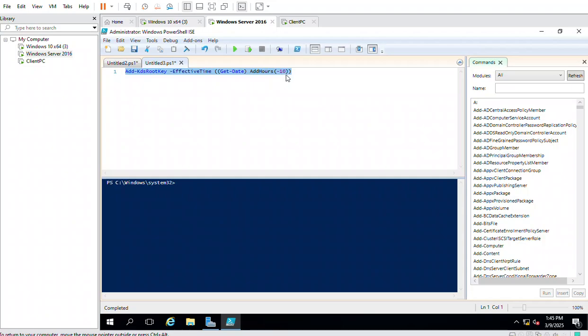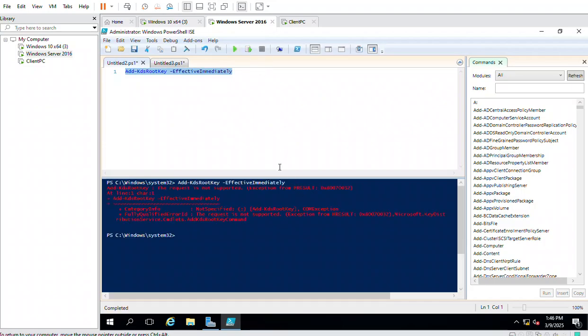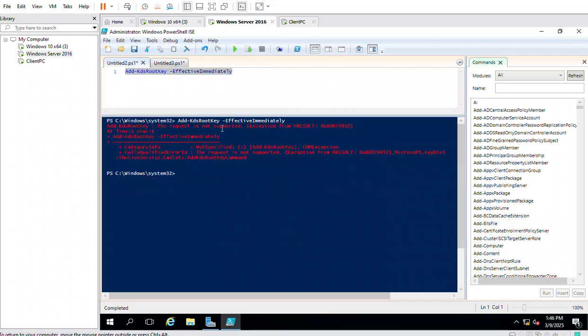And if you want to use this immediately, please run this and ensure that replication has happened among all the domain controllers in the forest. Okay, let's start from here. Oh, we got the error. This request is not supported. So in this case, what you can do,